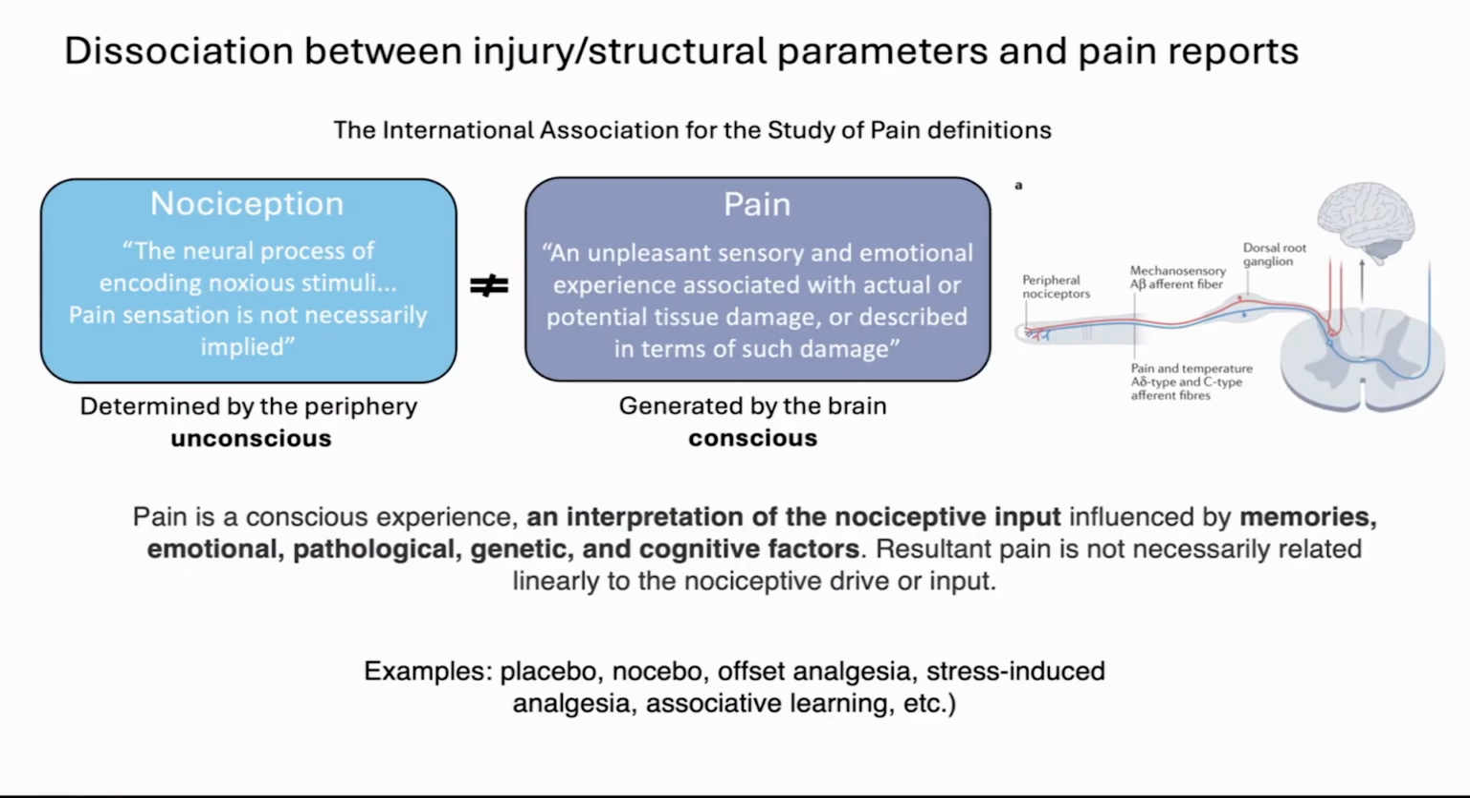So the reason why pain sensation is not necessarily implied upon the detection of noxious stimuli is that the brain actually interprets these nociceptive inputs and then generates the pain experience. So as you can see from the definition from the International Association for the Study of Pain, they describe pain as an unpleasant sensory and emotional experience associated with actual or potential tissue damage, or described in terms of such